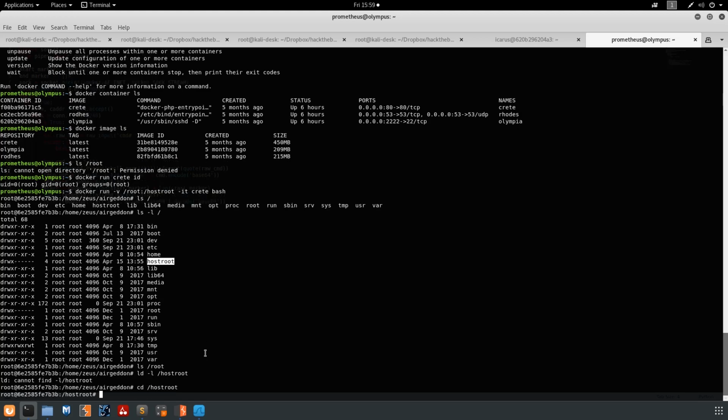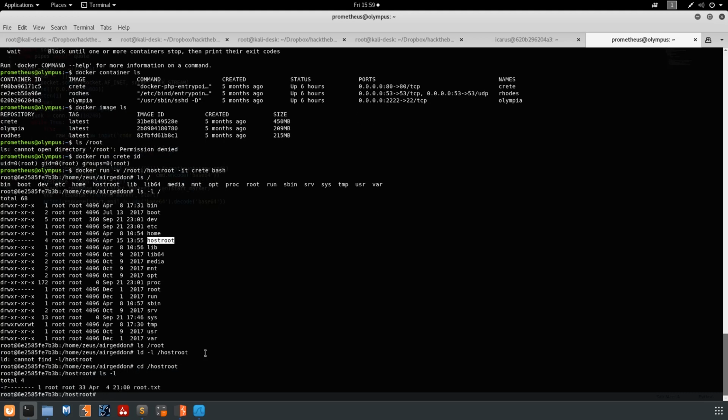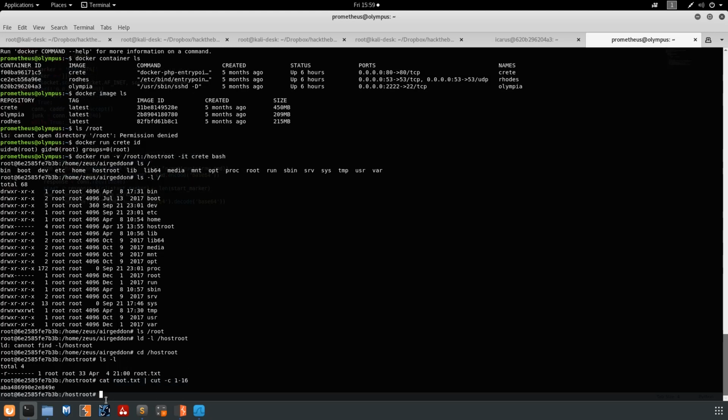cd /host root, ls, oh sorry, I typed ldl, ls -l, we can see that there's one file in here, root.txt. It's owned by root, group root, only readable by root. So if we cat root.txt, and we'll pipe that to cut so you don't see the whole thing, you can see that we're able to access the root file back on that host file system from inside the Docker container,